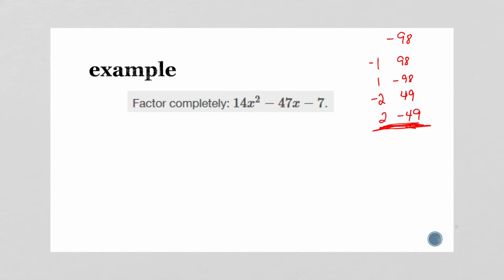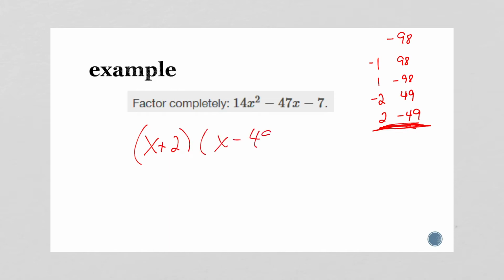If it's not factorable, you won't even find a pair that'll work, okay? All right, so here's where things get different from the last video. So if you started tuning me out up to this point, you might want to wake back up and listen, okay? So from here, we can't just write this as x plus 2,